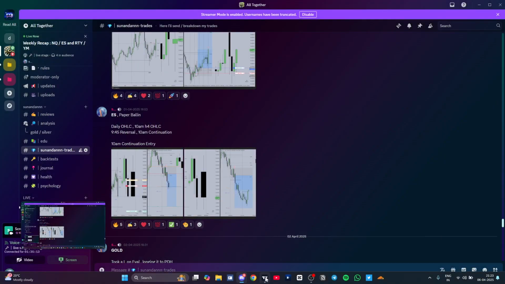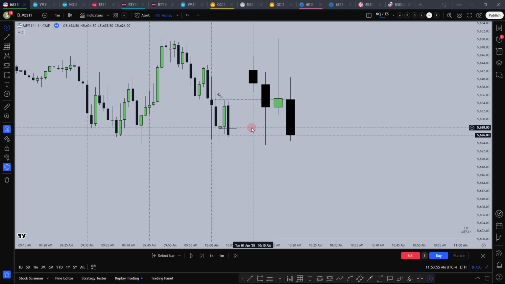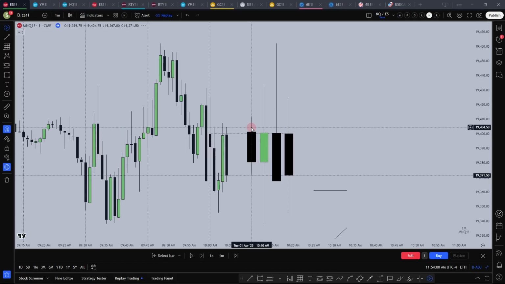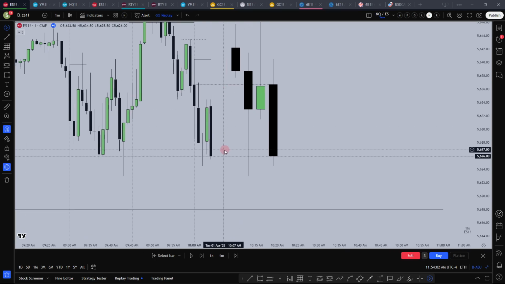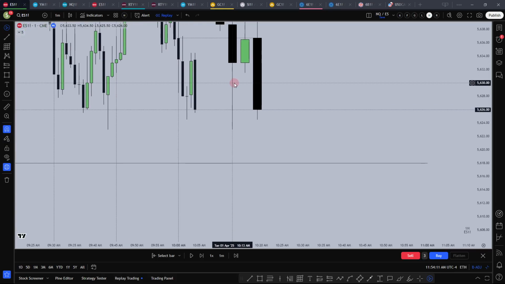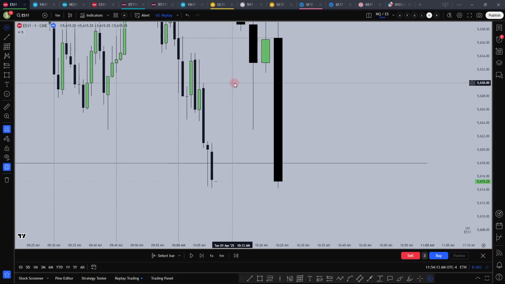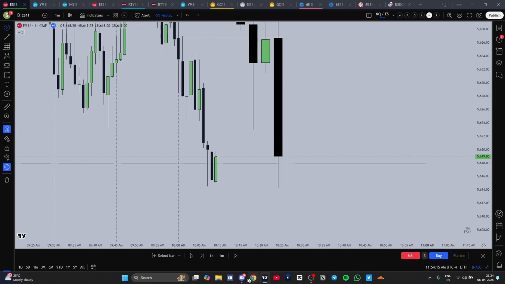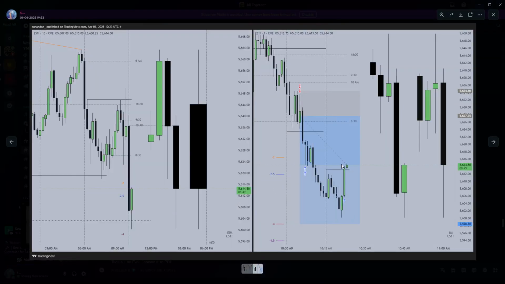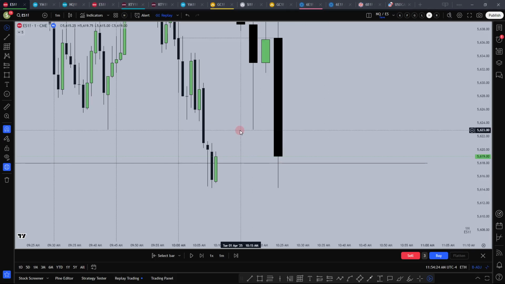627.75 limit order it was, I guess. I am on MES, bro. Nice. 627.75. It was a limit order around here. Then I did take partial around low of the day, I guess, and then trail my stop till there.